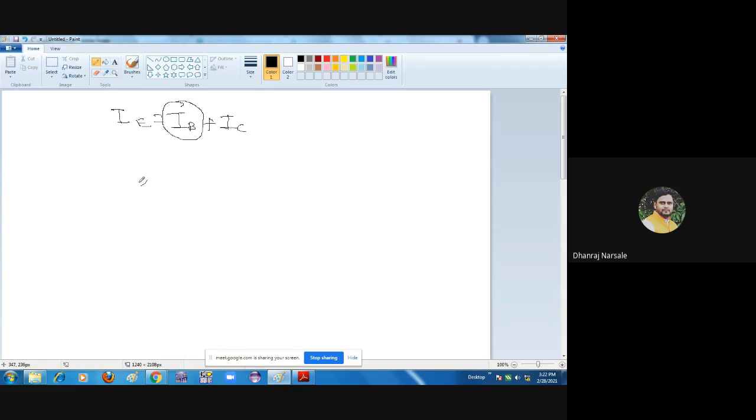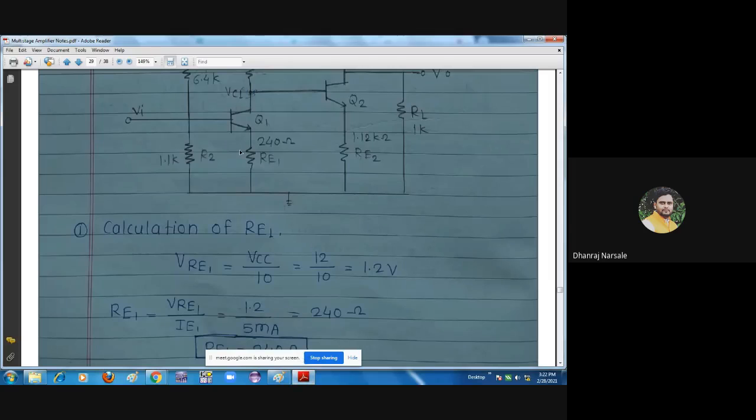So for the ideal condition we consider that the value of emitter current, that is IE, is nearly equal to IC. Okay, so according to this basic standard equation, we can say that here IE1 is the current